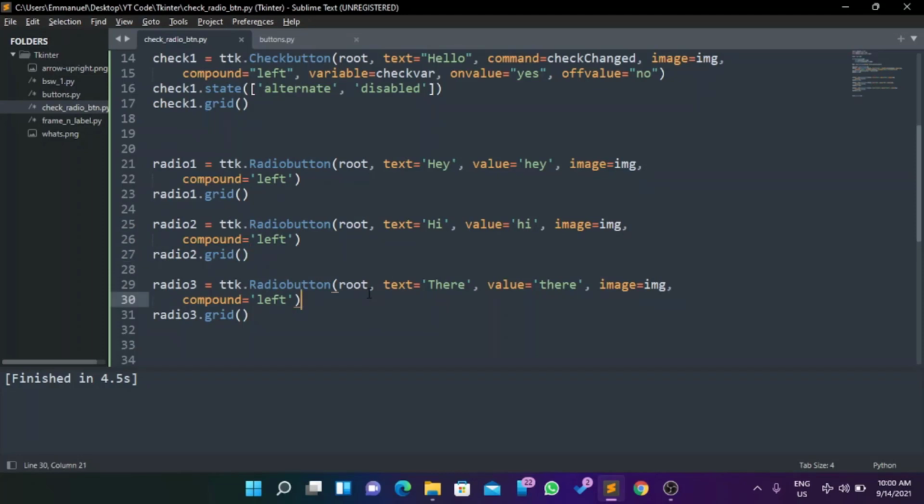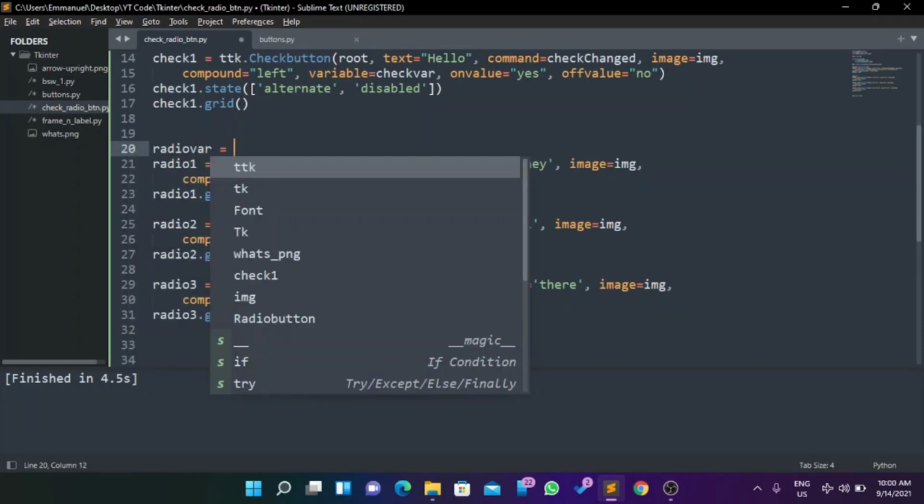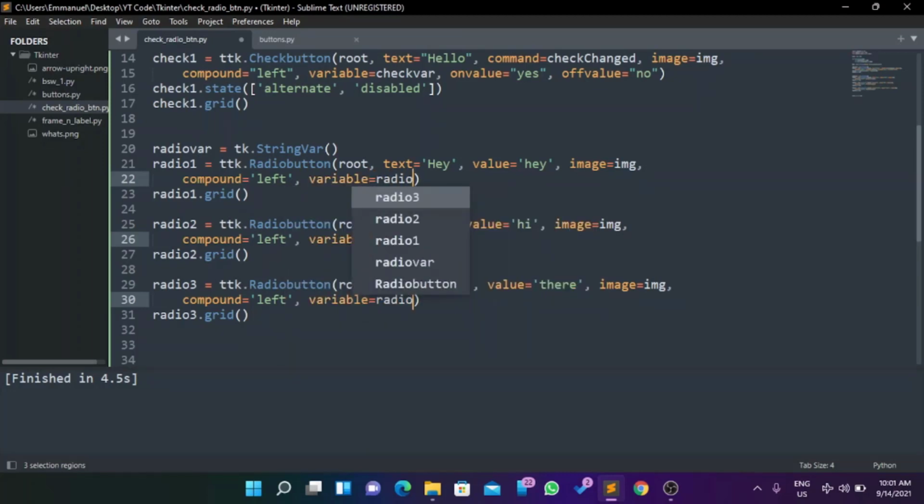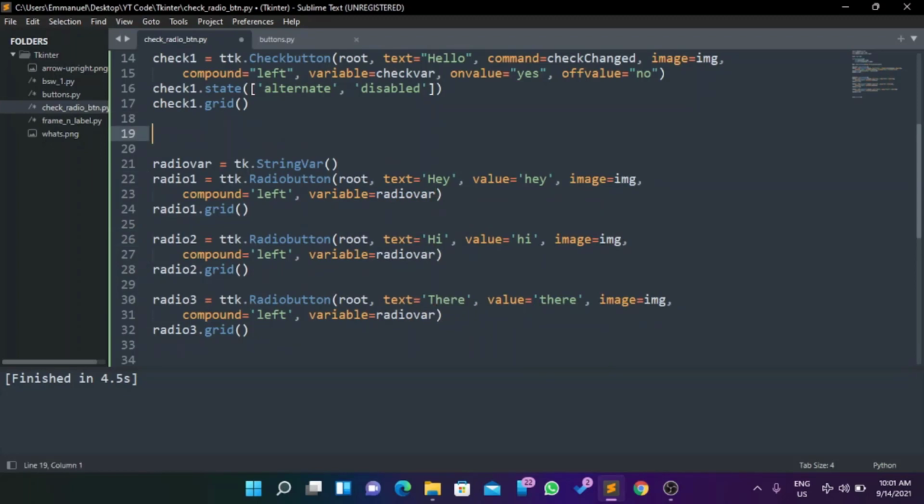So you're wondering how can this ever be useful? We have to use a variable, of course. So we're gonna come here and then we're gonna say radio var, and then we're gonna say tk dot, let's call it a string since we are making use of strings, and then we just do variable is equals to, so this is what we do instead. Let me see if that works. Control click, put your cursor in 3 different places, then we'll do comma, and then variable is equals to, and then we'll say radio var. So let's click here, and then we'll do define